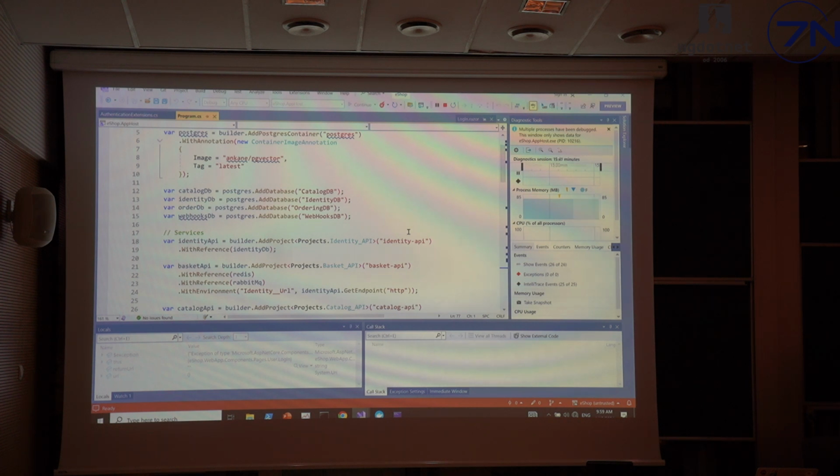I have one. So when you debug the .NET services, does it run them on Windows or inside Docker? The projects on Windows, the containers in Docker on Linux. So the .NET that you showed, the debugger, it runs on Windows, not inside. Yes, and also edit and continue is supported out of the box. So you can edit the code.